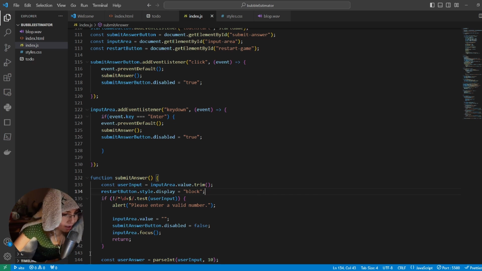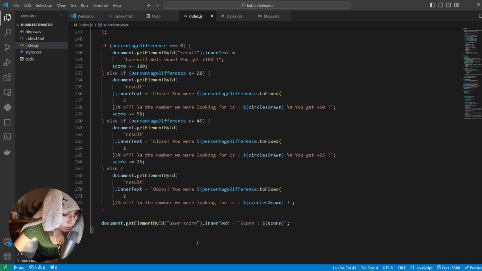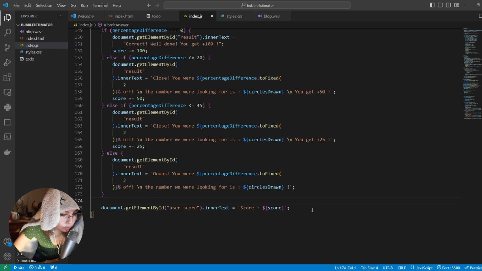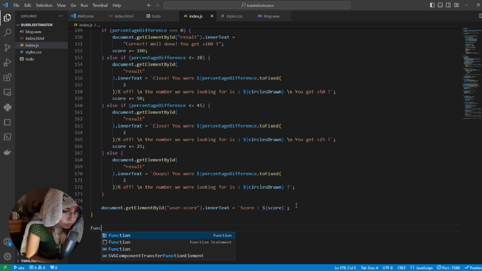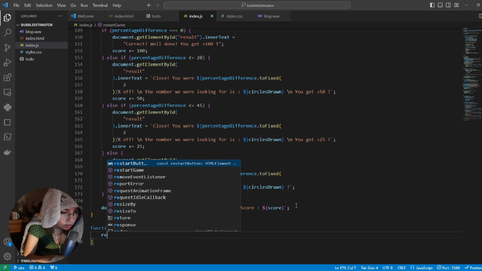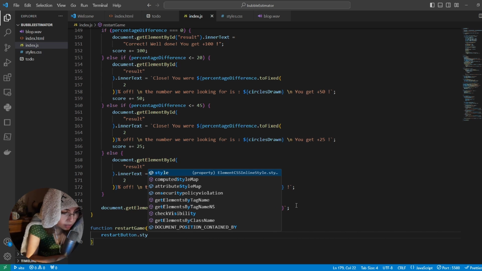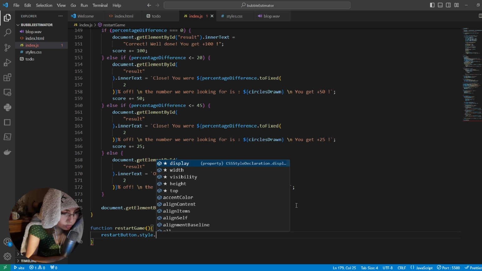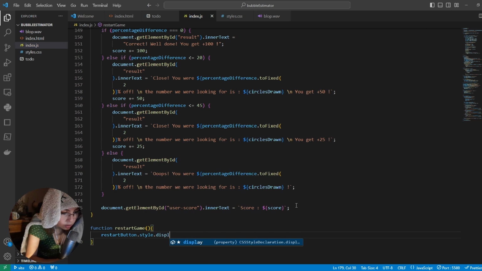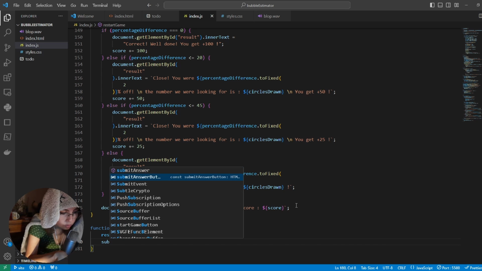All right, now let's create a restart game function that would contain the logic for restarting the game. Okay, so function restartGame. We want to make sure to set the display of our restart button to none,